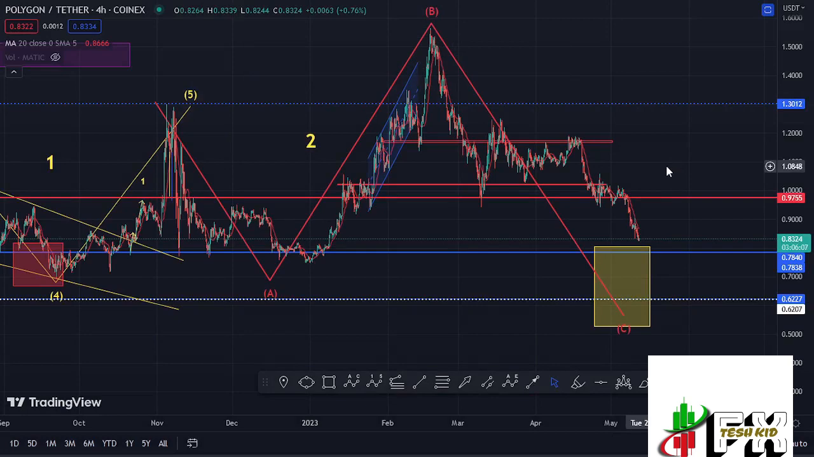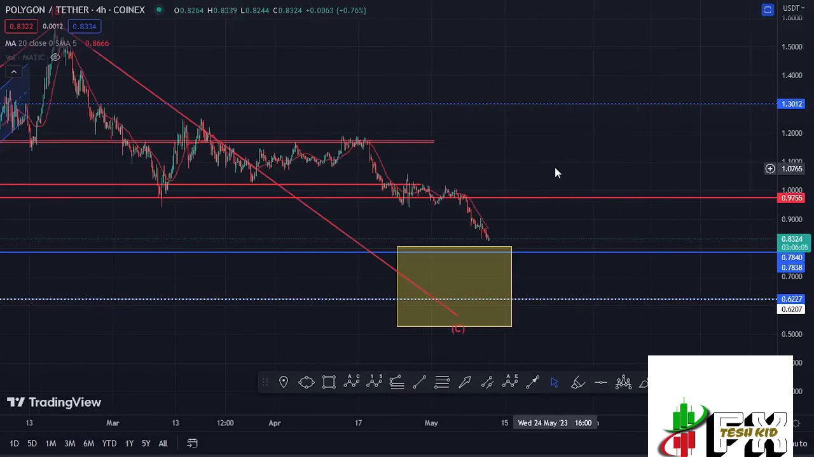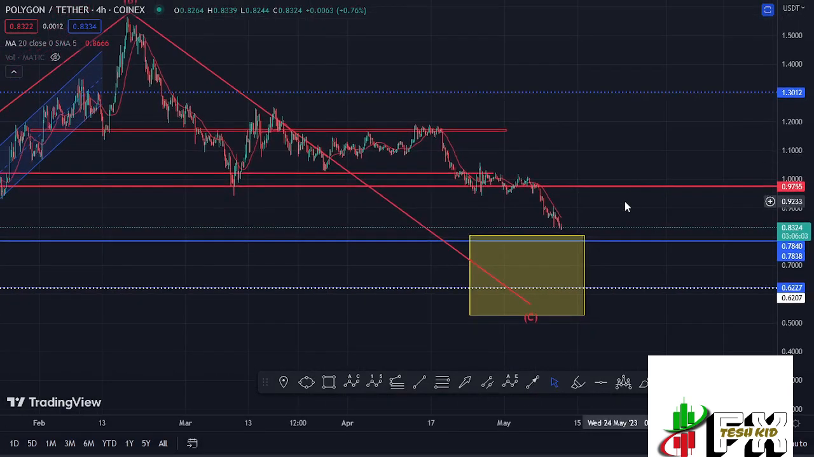Welcome back to TechKidFX for another Polygon Matic price prediction update, which at the time of this recording is holding below the 20-day MA here on the 4-hour chart, which is now acting as resistance for us to continue gearing up. We are also holding above a key area of support at around the